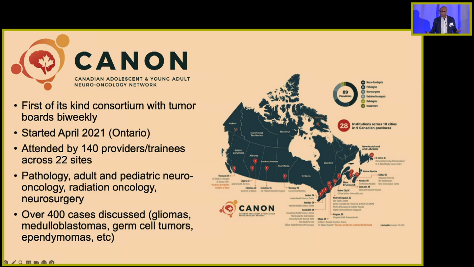We meet every week essentially to go over cases. We focus on AYA, but again, as I said earlier, we have 55-year-olds who have MAP kinase mutant high-grade gliomas, and we come together essentially as a group to review these molecular data and come up with treatment recommendations. So far, we've reviewed about 400 cases.